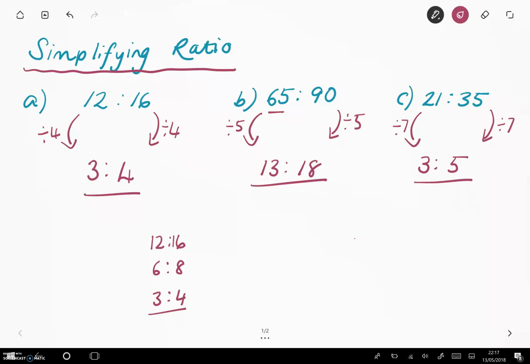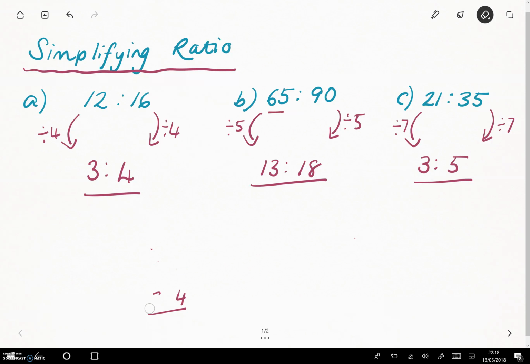If you're getting stuck on your multiplication tables, you can use your planners. Okay, you've got times table grids in there that you can look at for help. Okay, so if we pause this now, then you can all have a go at those questions. Okay, so